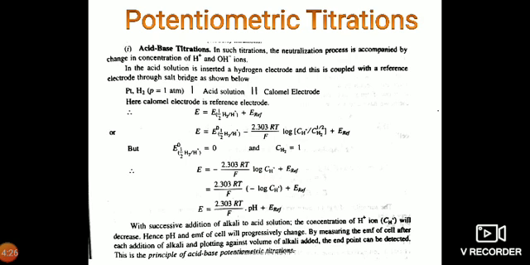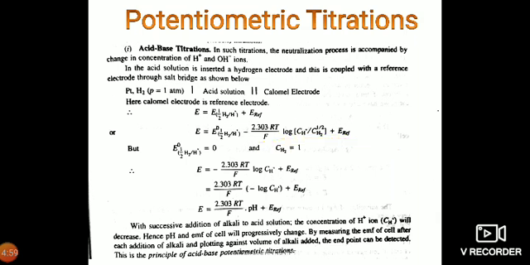And it also has some limitations: the resistance of the glass membrane is very, very high, of the order of 10 to 100 million ohms. Hence, an ordinary potentiometer cannot be used for measuring potentials of the glass electrode. Therefore, electronic potentiometers are used here. And it cannot be used in pure alcohol or acetic acid and gelatin. And another limitation of this glass electrode is it cannot be used in strongly alkaline solution when the glass is attacked. So in such cases, an electrode of special glass is used.